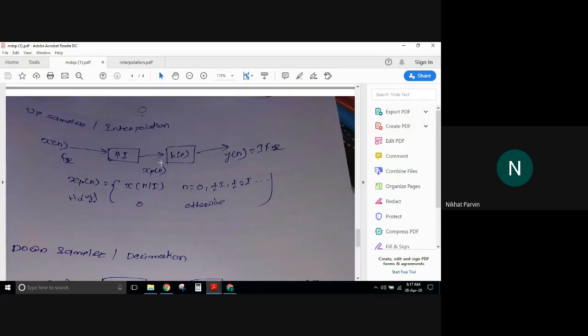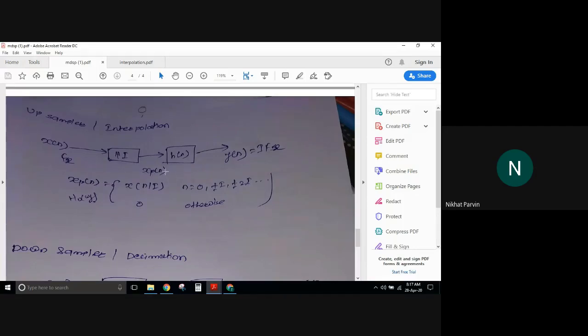What you can see here is that I have added a low pass filter at the output of the upsampling, which gives me the interpolation. Why have we done so? That answer is pending. In short, in the case of interpolation, you are doing upsampling and allowing it to pass through the low pass filter. The work of this low pass filter is to avoid the images. That means it acts as an anti-imaging filter. I'm not elaborating now, I'll elaborate later. Simply, you are applying the upsampling output to the low pass filter, which gives the anti-imaging effect.